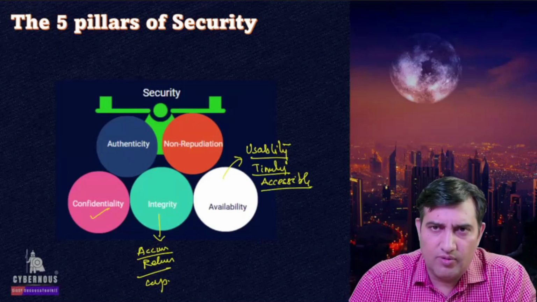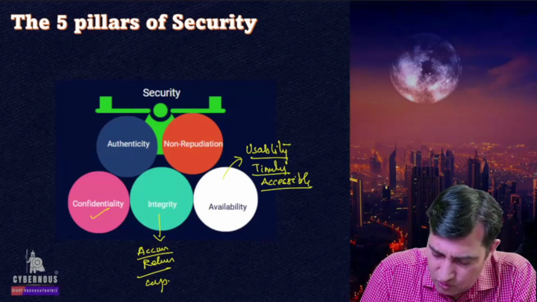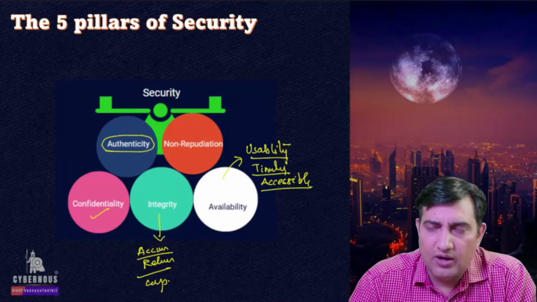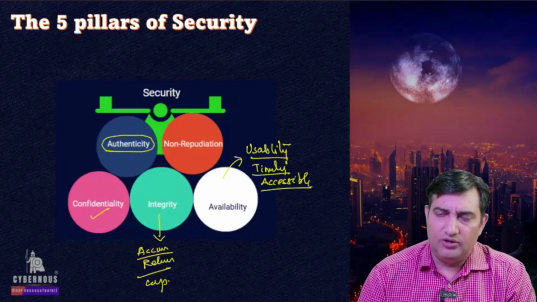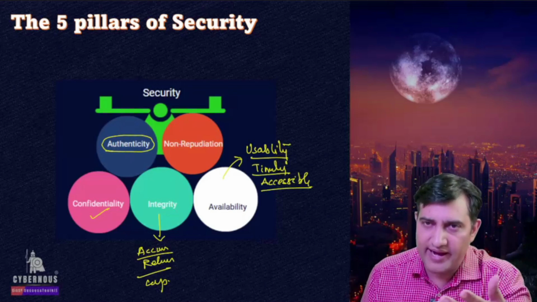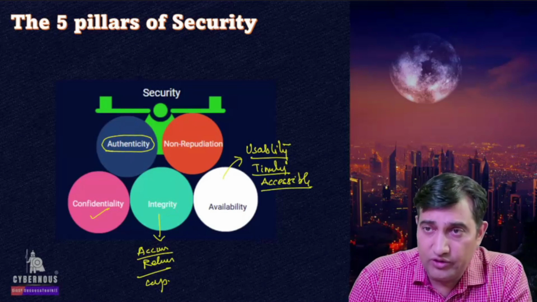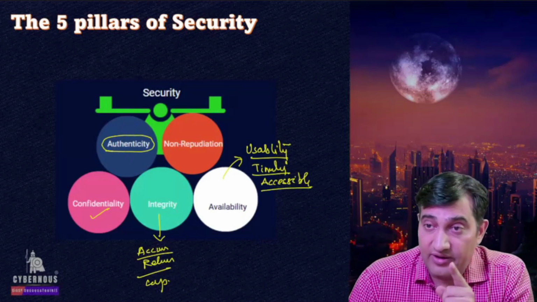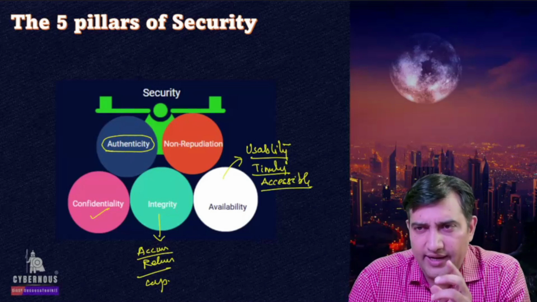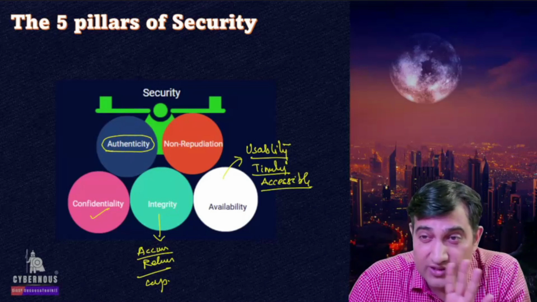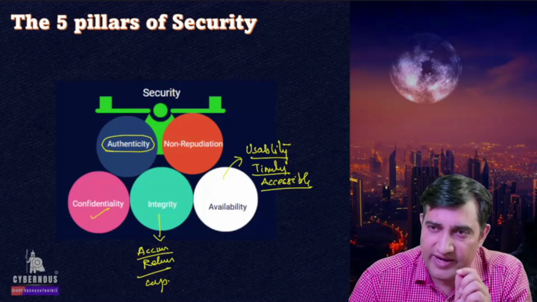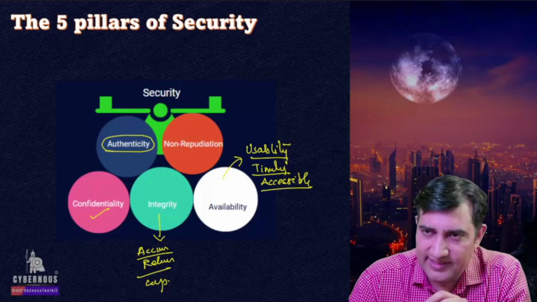Then let's also talk about another important aspect, which is called authenticity. Now, why at all do we need authenticity? For example, you are trying to connect with the Google server or maybe with your bank. In that case, you need to know that you are really connecting with the right server, the right system, isn't it? And at the same time, there is no tampering of information. These are the kind of factors which come under authenticity.